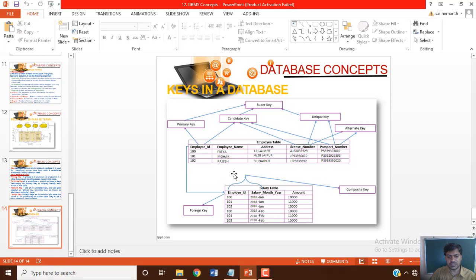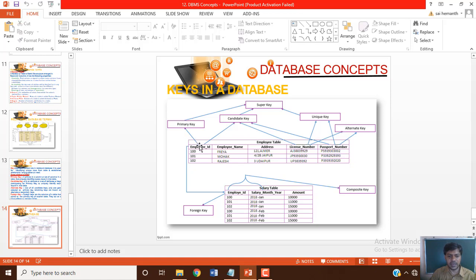The salary table has employee ID, salary, month, year, and amount. This table is the child table, and the employee table is the parent table.